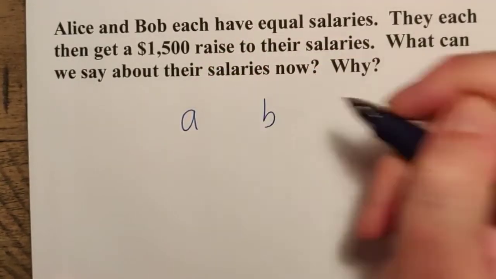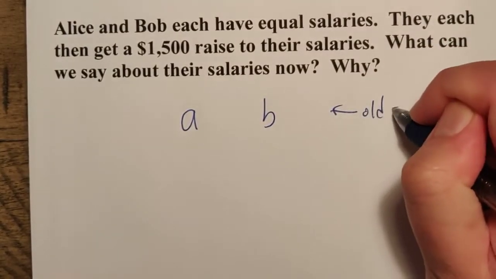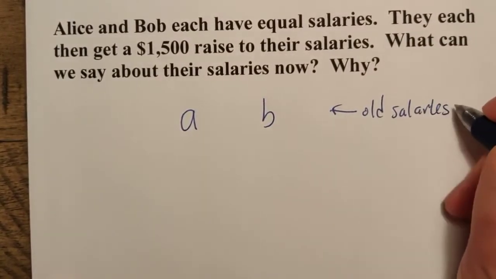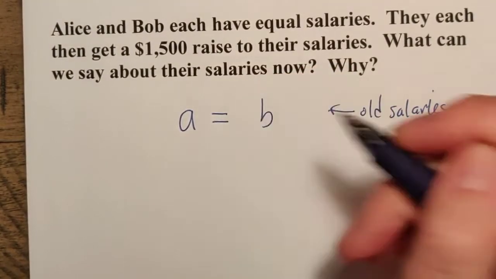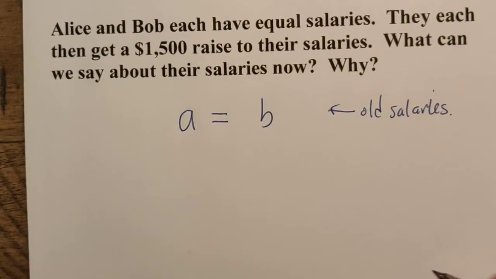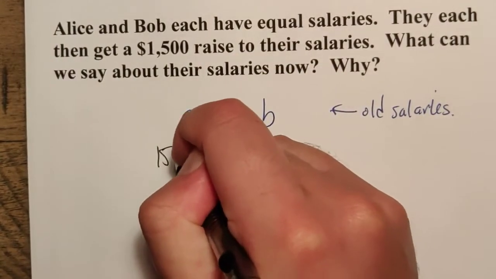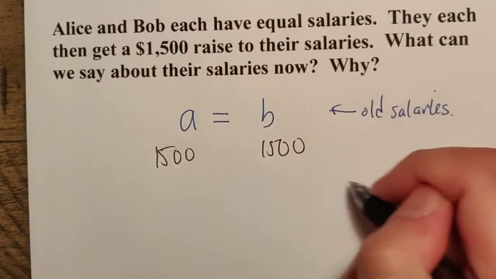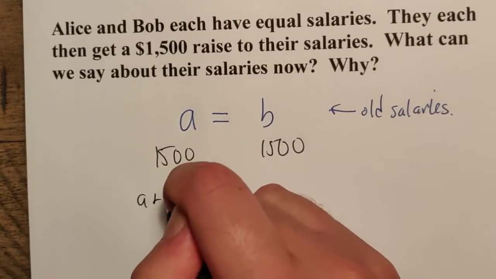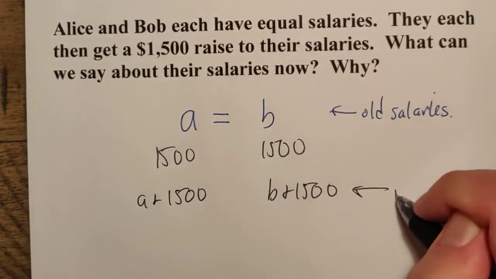Let's say that Alice's old salary is A and Bob's old salary is B. These are the old salaries here. We are told they have equal salaries, so we can say that A equals B. So this is the old salary. Now, they each get a $1,500 raise. So they're gaining $1,500 to their salaries, right? And then we have the new salaries here: A plus $1,500 and B plus $1,500. These are our new salaries here,